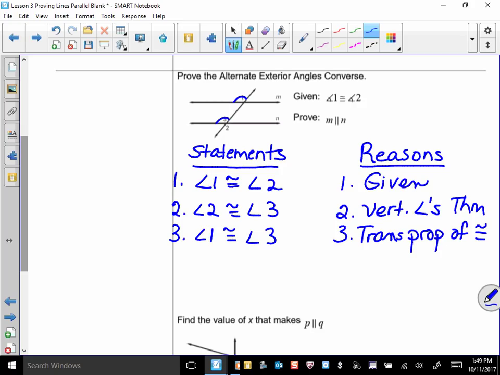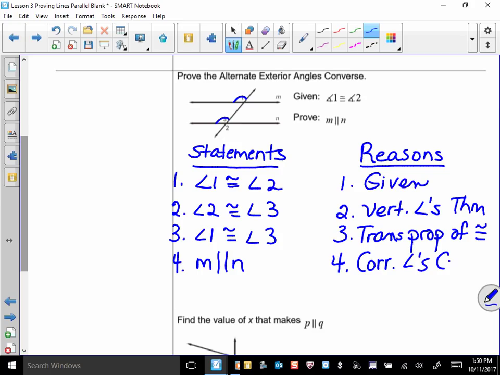So since corresponding angles are congruent, then I know that lines M and N are parallel. Because remember, I learned the corresponding angles converse before I learned the alternate exterior angles converse. So I can use that. So now I'm going to say M is parallel to N by the corresponding